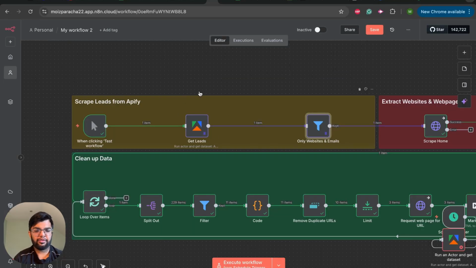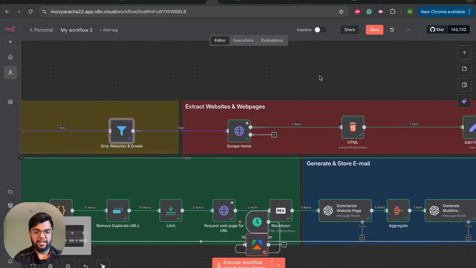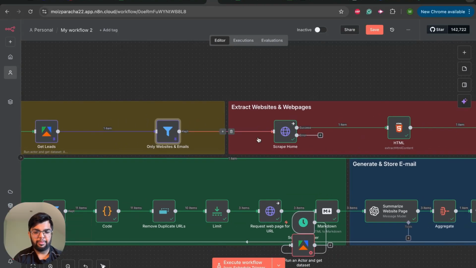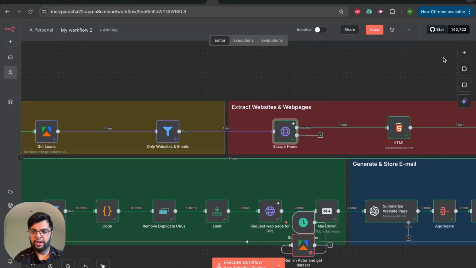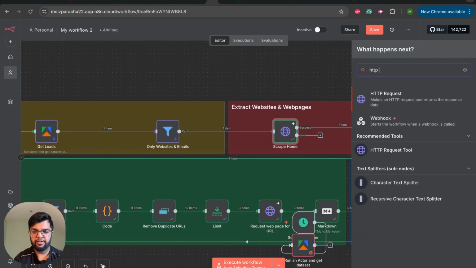Once you connect your account, it's pretty simple to get the leads that you want, as long as you know what type of leads you want. And we're essentially filtering it down to the necessary leads that we want to extract. Now, from the data that you get, we showed in Apify that there's a ton of information, and we see a lot of websites that appear for every single lead. These websites are going to give us more context for the prompt that we want to create for the email. So what you want to do here is click HTTP request,